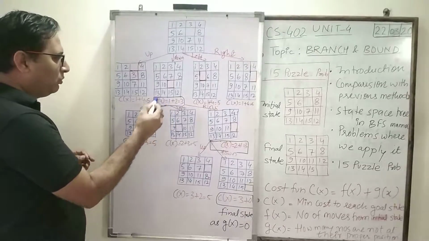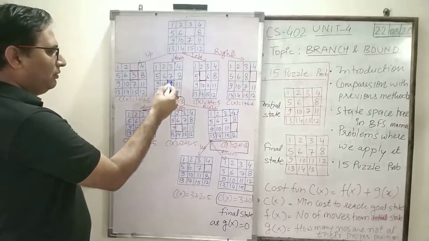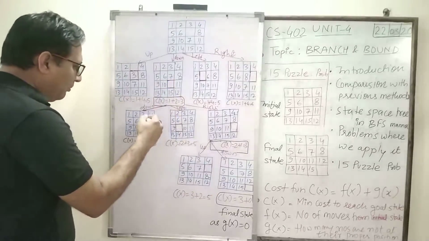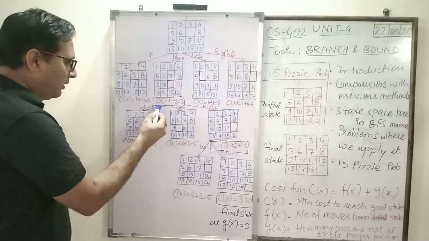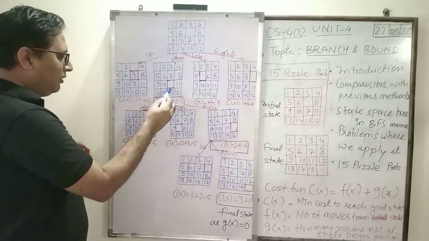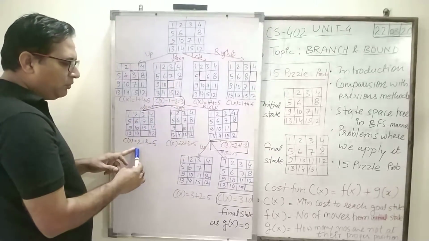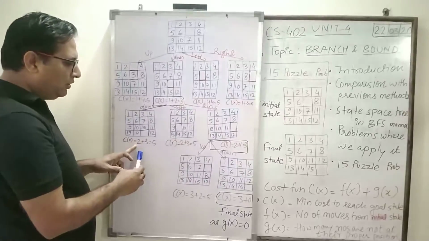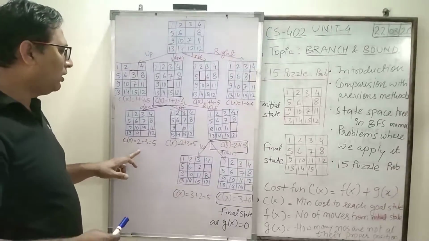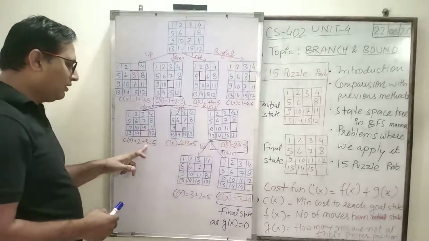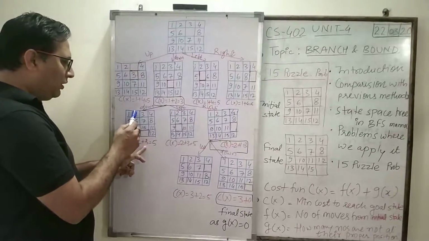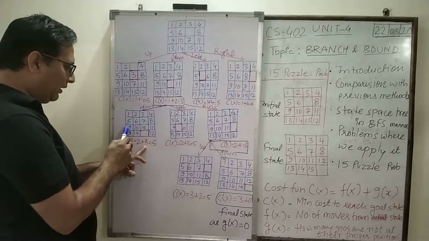I am exploring this one. Here we have applied the down movement. Now this empty square has come down. So here we will calculate the cost function. For this movement, as we have come from the original with 2 movements, the f of x cost will be 2. Now how many numbers are not at their proper position? You can see: 1, 2, 3, 4, 5, 6, 7, 8, 9, 10,